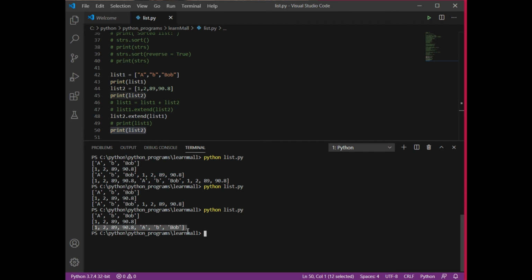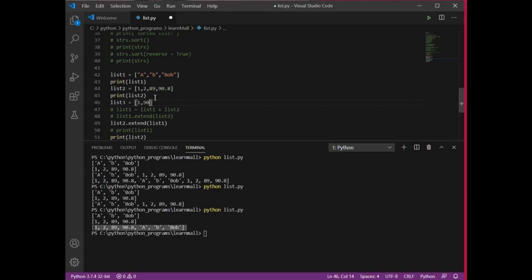With whom you are using the extend function, the list which you are putting as a parameter of the extend function, those list elements would be inserted at the last. So in this way you can join two different lists. Suppose I want to join 3 lists, then I need to join the first 2 lists and then the other list. Suppose I do have one more list, list 3, containing only 2 elements, 1 and 90.